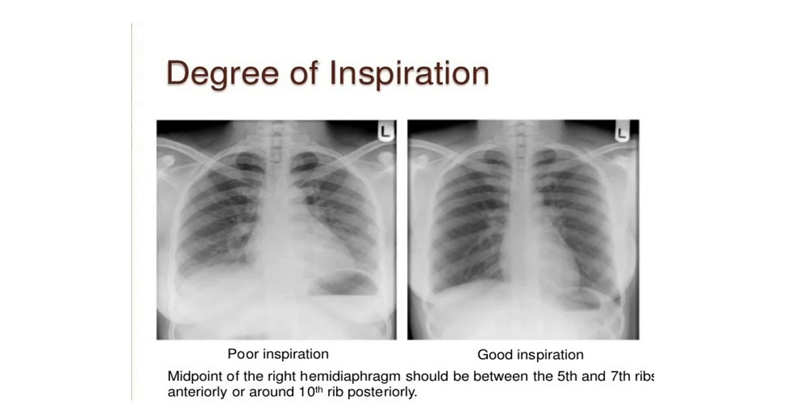Now, what is poor inspiration or good inspiration? How we know that this X-ray film is not adequate inspiratory film or not adequately exposed. So, midpoint of the right hemidiaphragm should be between the fifth and seventh ribs anteriorly and around 10th rib posteriorly. If this criteria met, then the X-ray film is called good